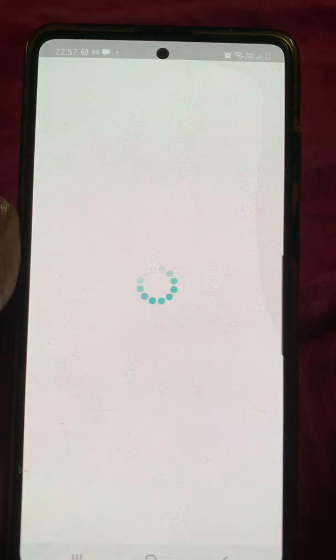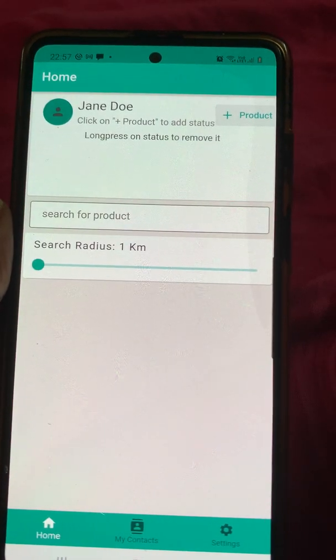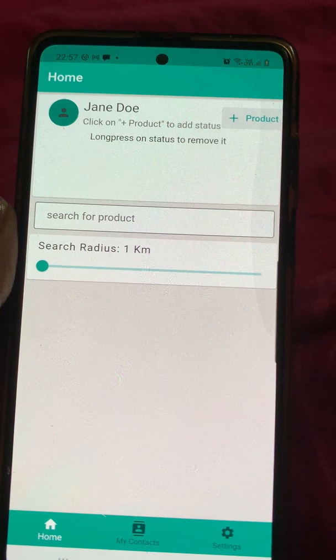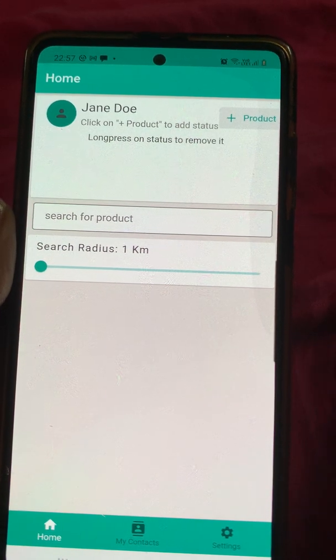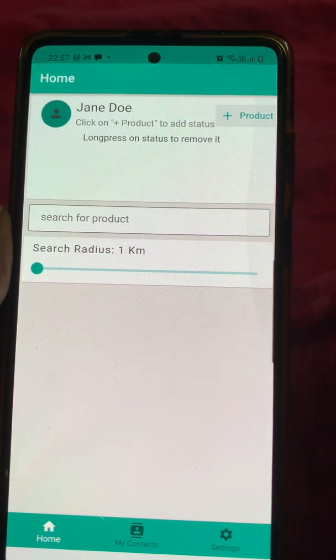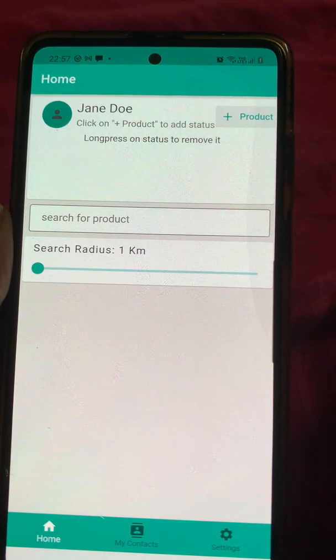When you go on this app, it will ask you for your contact information, after which it will send you an OTP. On putting in the OTP, it will take you to a form where it will ask you for your name and location. Once you have filled in all that information, it will take you to the home page. As you can see, the name is written on the top.